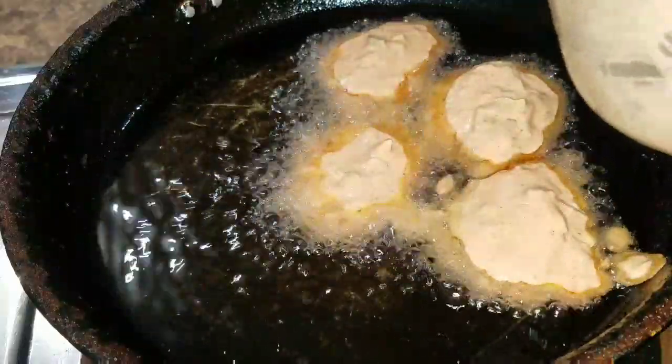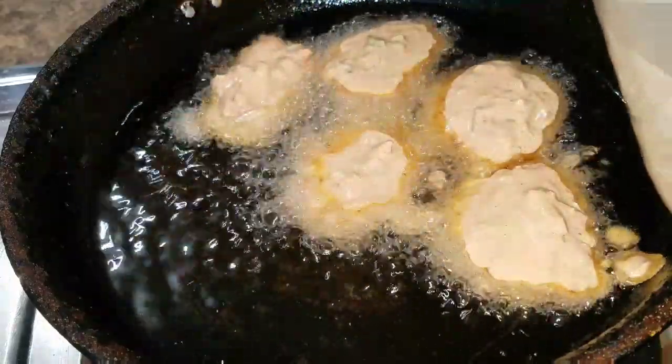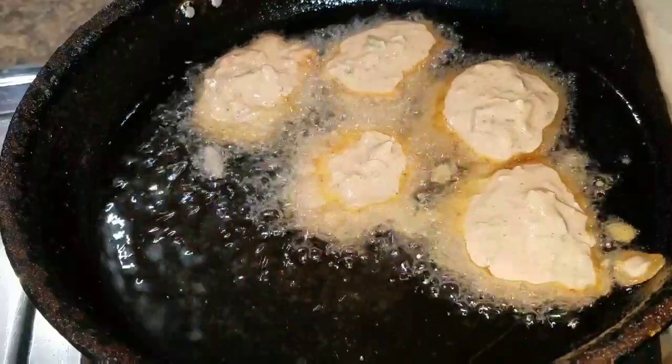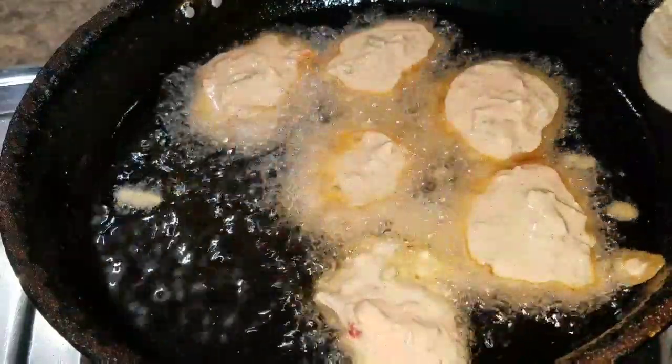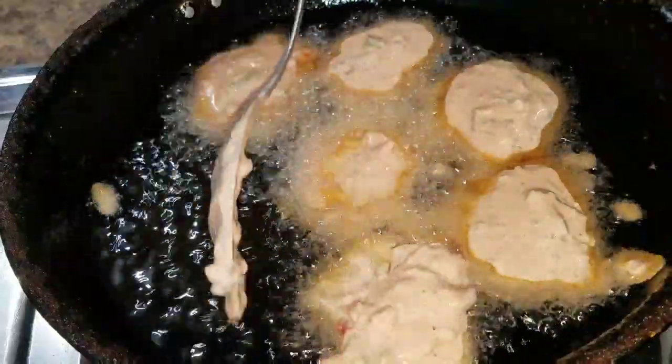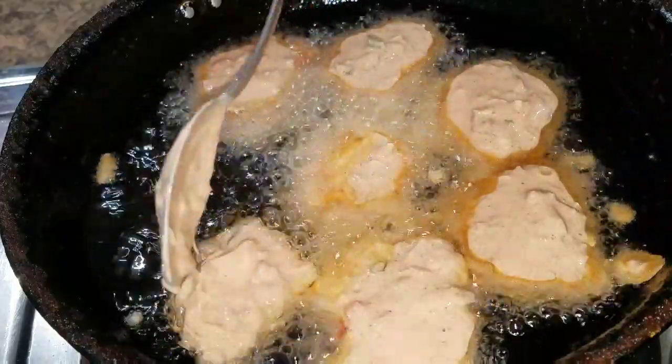So within 7 minutes, my saltfish fritters are supposed to be ready. Alright, so I'm gonna give this 3 minutes on one side on medium heat, and then I'm gonna flip it over on the other side, give it another 3 to 3.5 minutes. Alright,